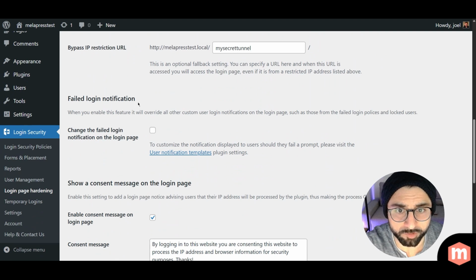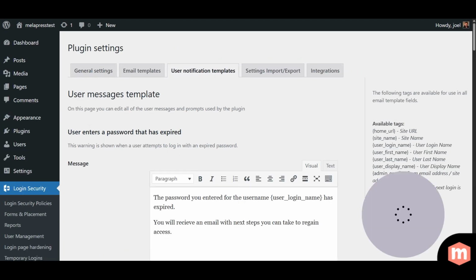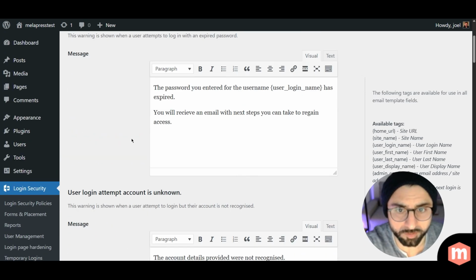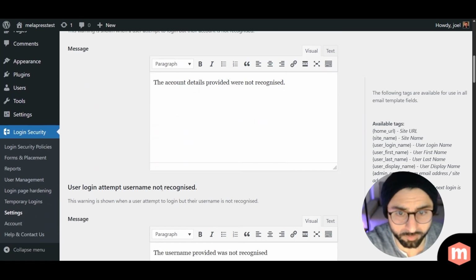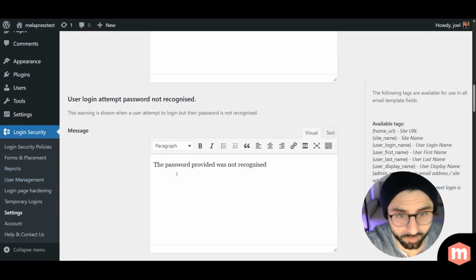And the first one is the failed user notification. What this gives us is the ability to change the failed login notification on the login page. What we need to do is tick this checkbox, and we have the templates here. So if we were to click on this link, we will see all of the options for us to change the user messages template, including user enters a password that has expired, user login attempt account is unknown, user login attempt username not recognized, user login attempt password not recognized,